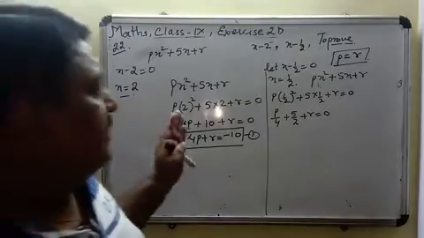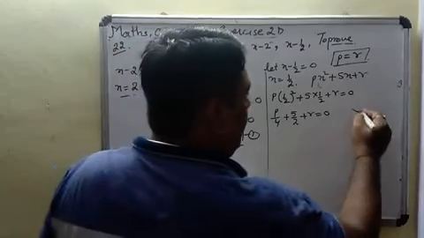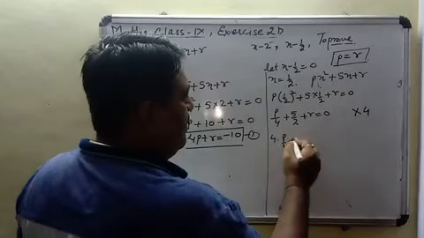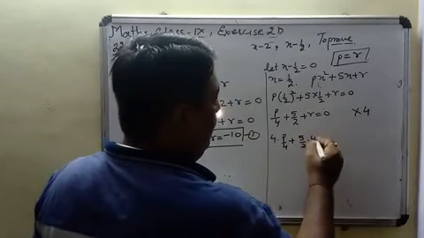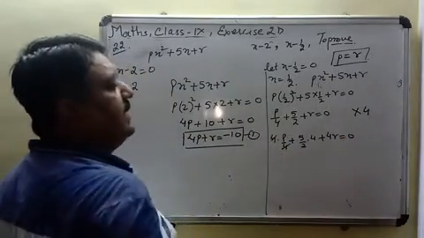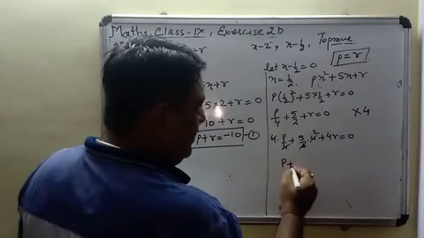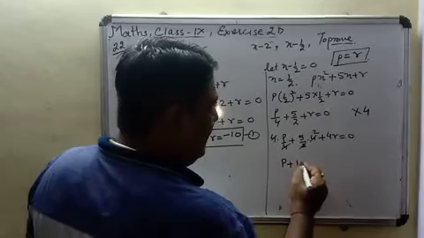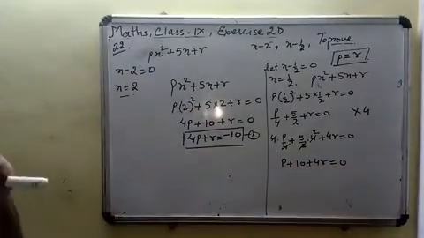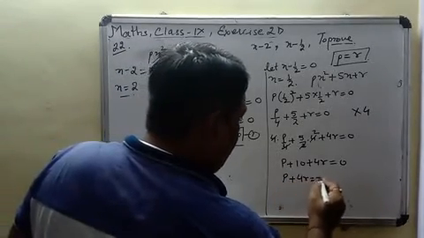See here we are having 2 and 4 as denominators. We are going to multiply by 4 on both sides. This will become 4 into p by 4 plus 5 by 2 into 4 plus 4r equals 0. This 4 will be cancelled. 2 1 जा 2 2 जा. This will become p plus 5 2 जा 10 plus 4r equals 0. That means p plus 4r equals -10.